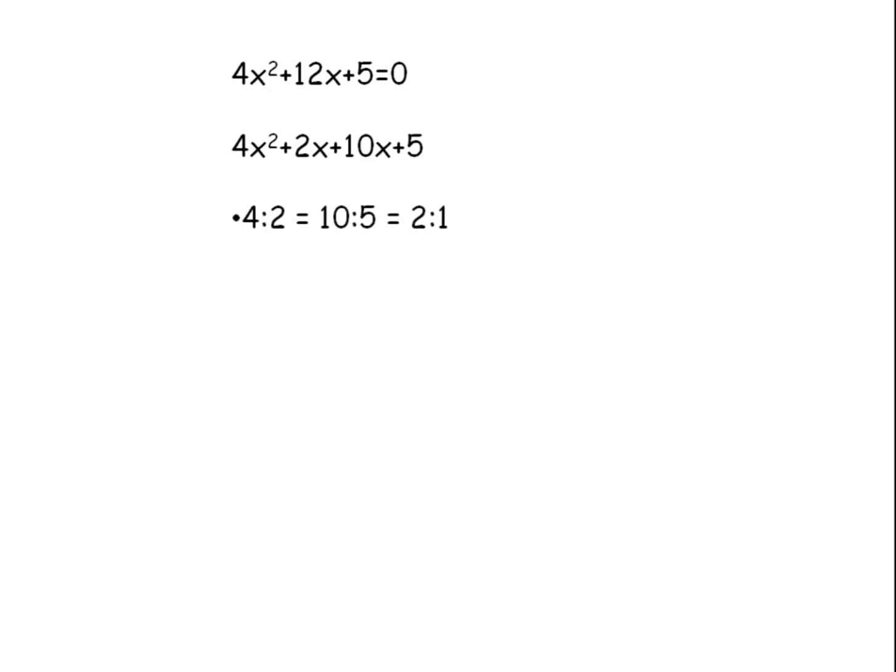Okay. Now let us go to our initial topic, that is how to find the roots or factors of a quadratic equation in an easier way. So here the x square coefficient and the first term of the middle term is equal to the ratio of the second term of the middle term and the last one. Okay. So you can see here 4:2, that is 2:1, is equal to 10:5. So this ratio should be equal. If that is equal, now we can easily say